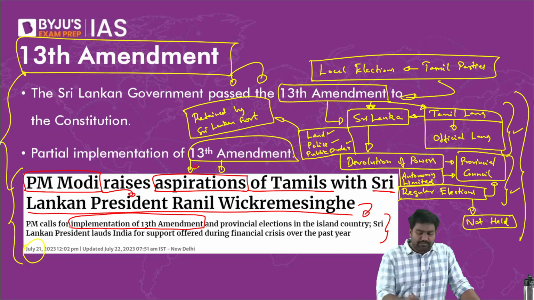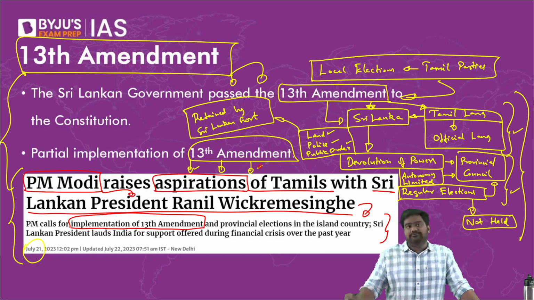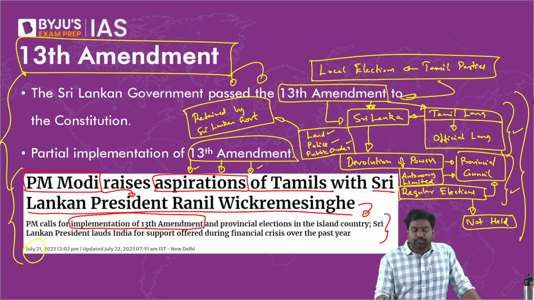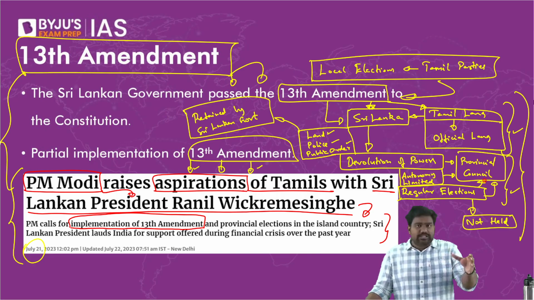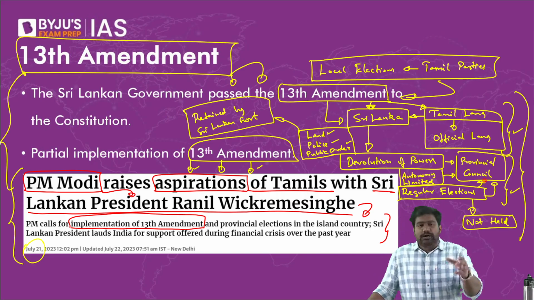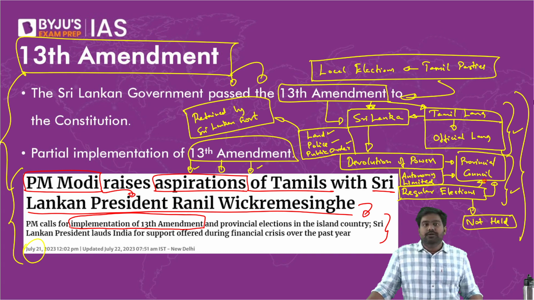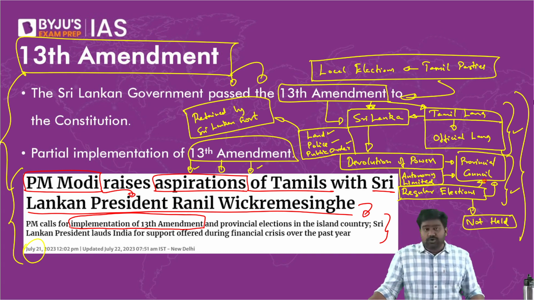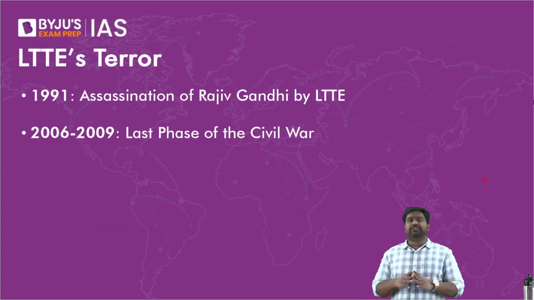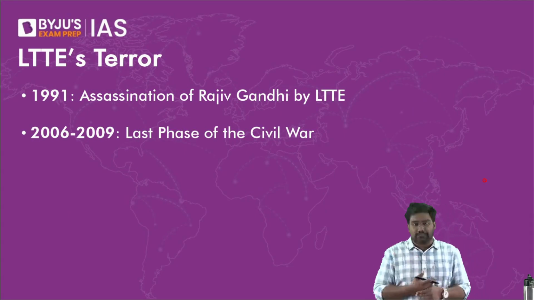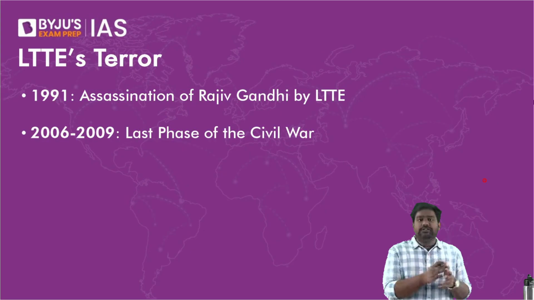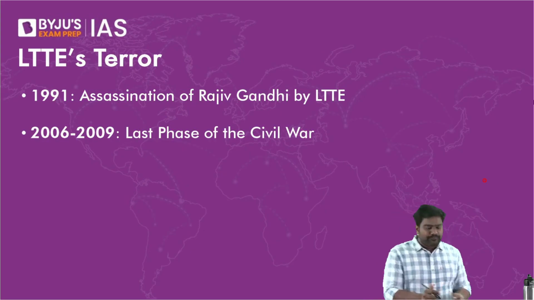That is the reminder that the Prime Minister and Foreign Minister gave to Sri Lanka recently as well. We are asking for key subjects to be devolved, like land and police, and regular elections to be held to the provincial councils to ensure that the Tamils can enjoy their rights and look after their well-being and welfare. Understood? So this could come as a question. UPSC might ask you, what is the 13th Amendment and why India insists that it has not been fully implemented, right? So in that regard, the topic becomes very, very important.